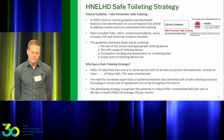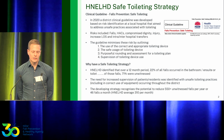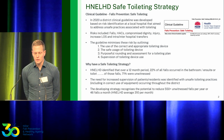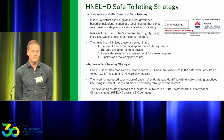So the guideline set out to minimise these risks by making sure we use the correct and appropriate toileting devices, the safe use of those devices, purposeful rounding and assessment for a toileting plan, but also correct supervision of the toileting device. Initially, this wasn't seen as a strategy, but it very much developed into one, because when Hunter New England had a look at the data,